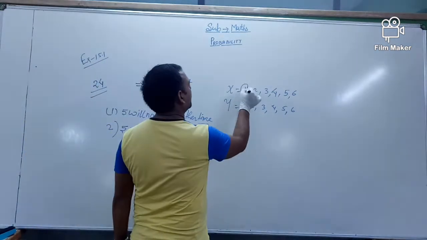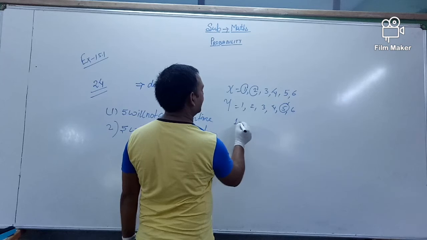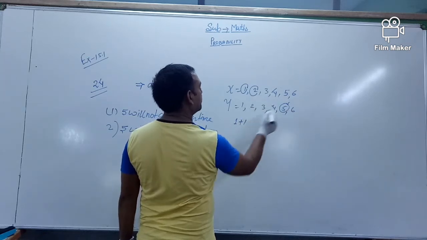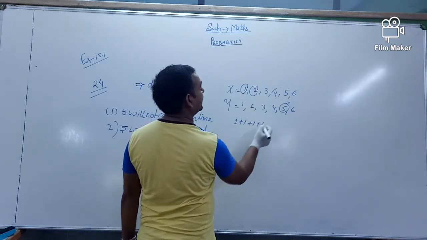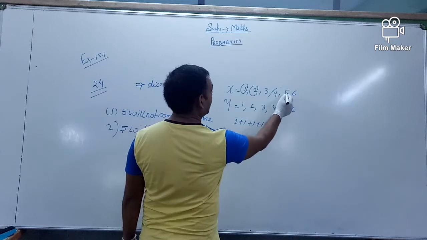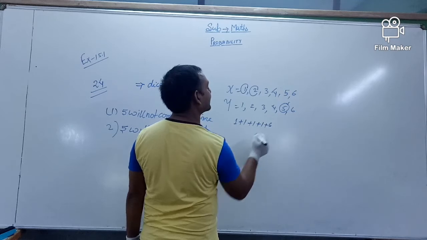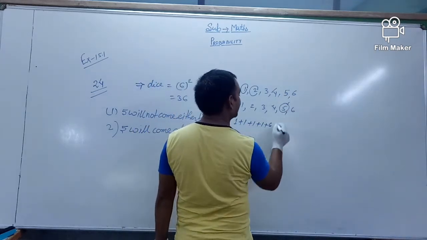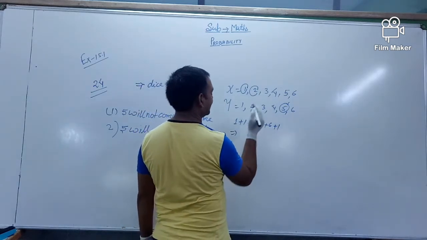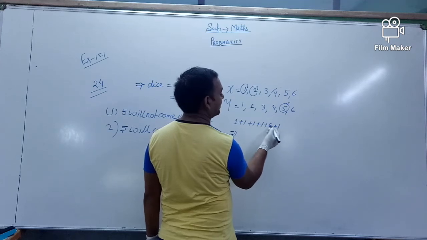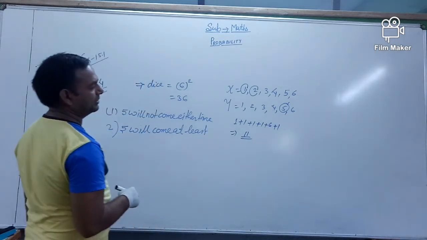Suppose that you take 1 to 5, so it is 1 condition. You take 2 to 5, it is a second condition. You take 3 to 5, it is a third condition. If you take 4 to 5, it is a fourth condition. You take 5 to 5, it means 5 conditions, and you take 6 with 5, so it is 1 condition. Then total that is 11 conditions where 5 will come.